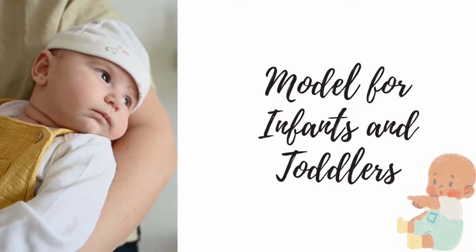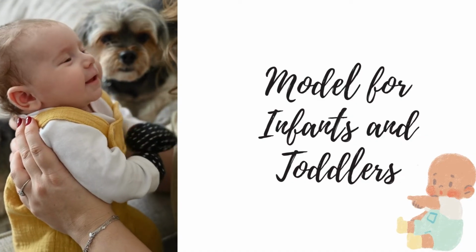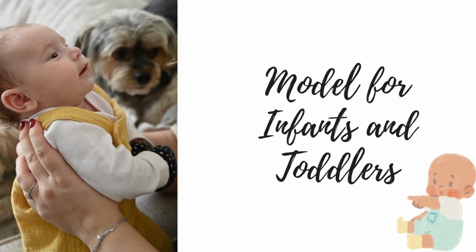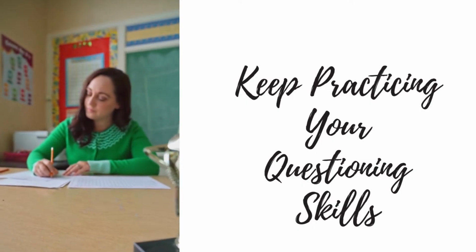When asking them questions, it's important to ask, pause as if they were to answer, and then provide an answer of your own. In this way, you're modeling a conversation. We do want to be mindful to make our open-ended questions with infants and toddlers simpler and acknowledge the nonverbal ways they may respond. Asking the right questions at the right time is a skill every effective teacher must develop,